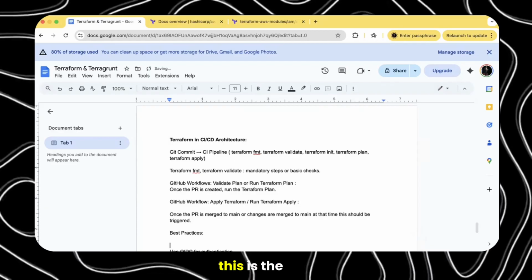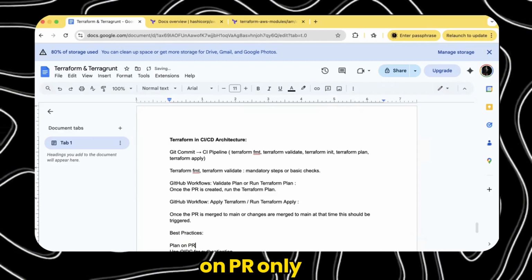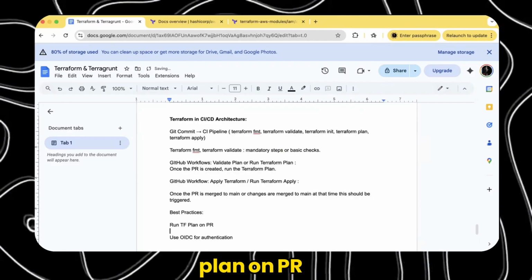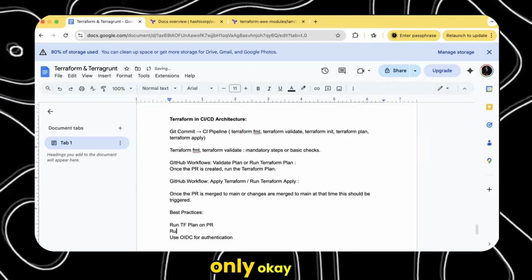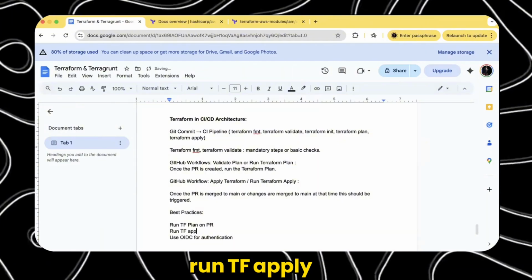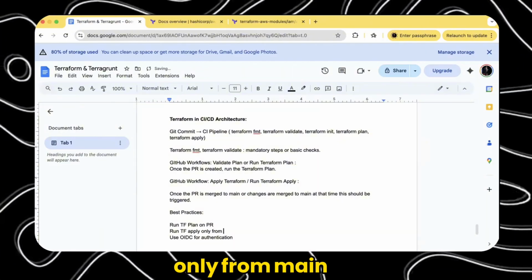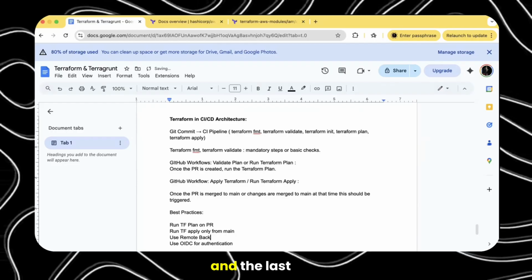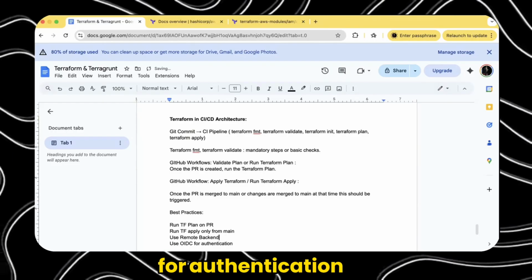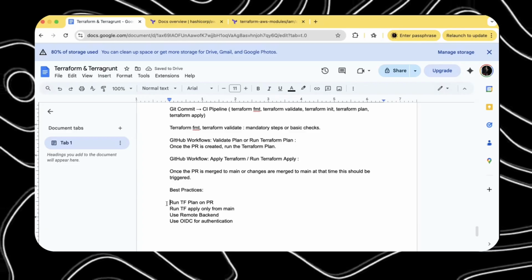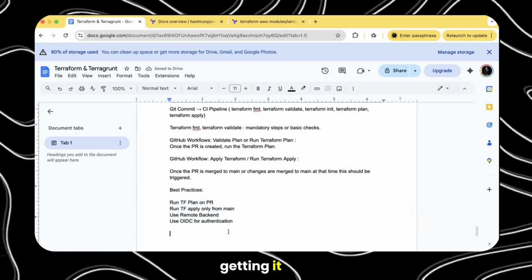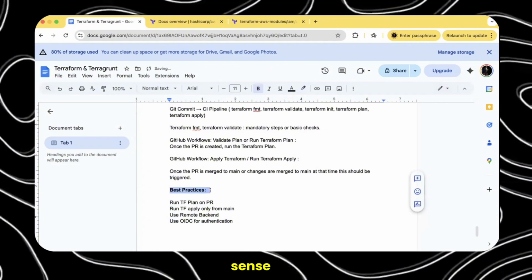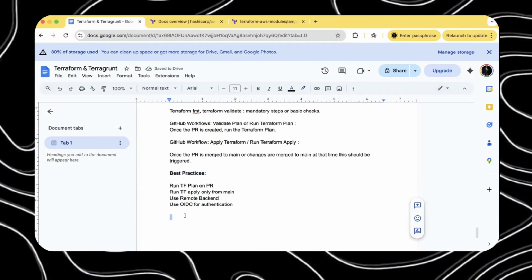First is plan on PR only, meaning run terraform plan on PR only. Run terraform apply only from main. Use remote backend. And the last is use OIDC for authentication. Getting it? Does this make sense? Yes.